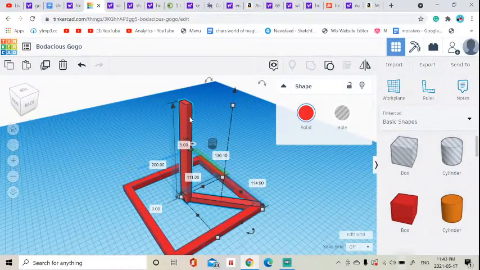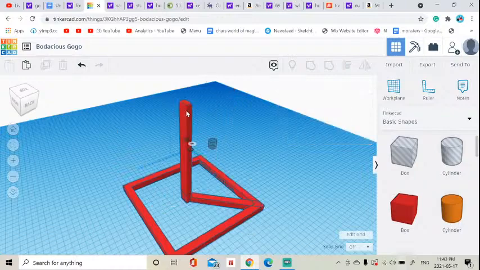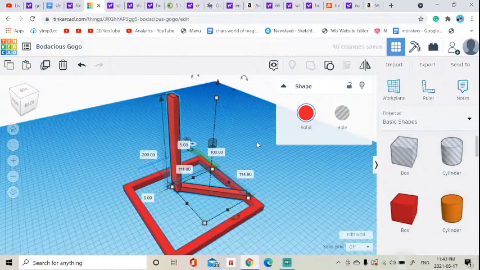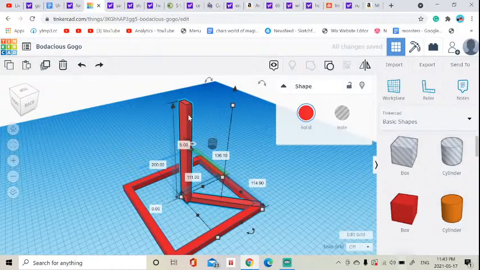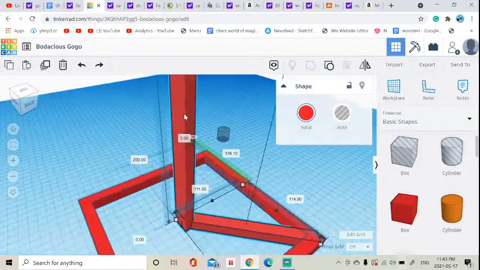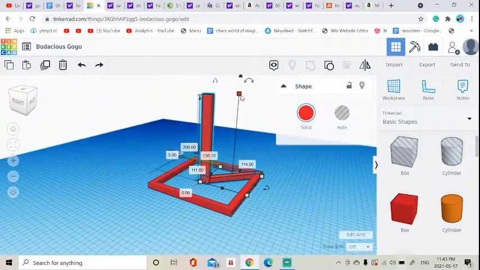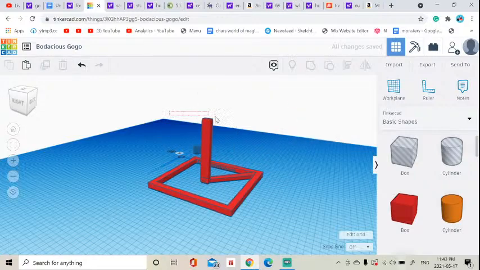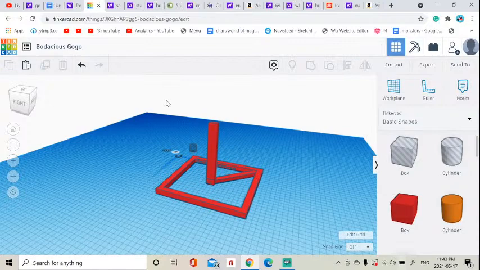What's its height? 136. More like 100. That's not the correct thing. 150 millimeters is, I believe,